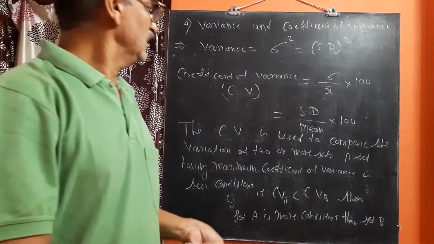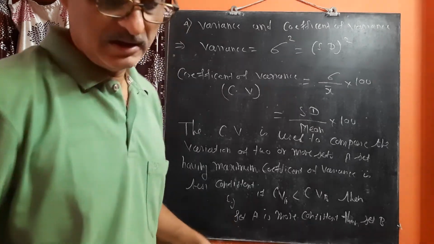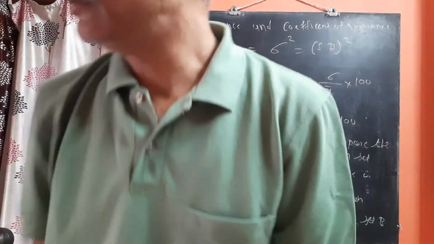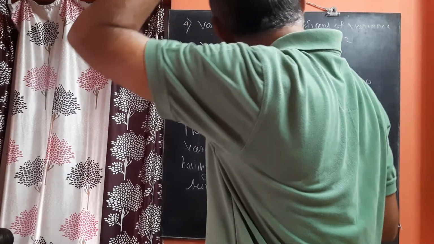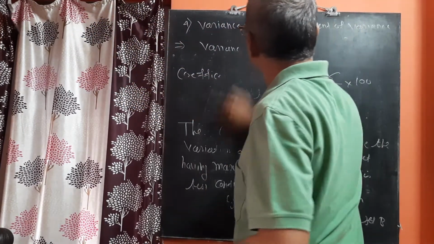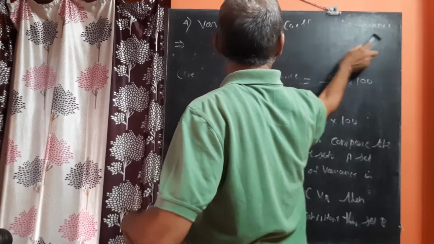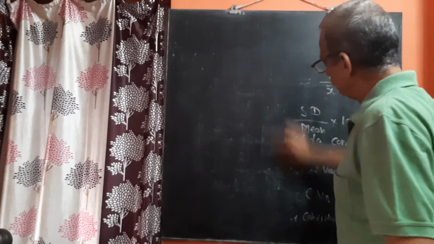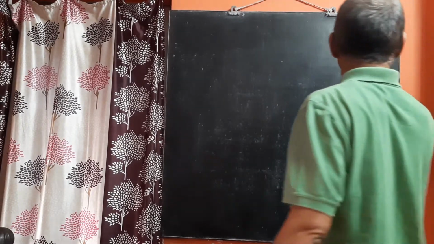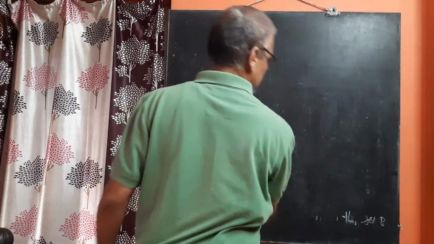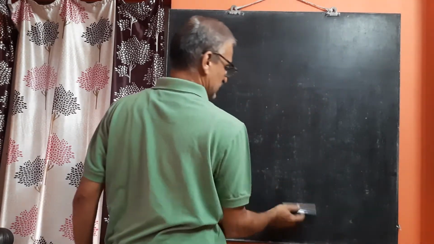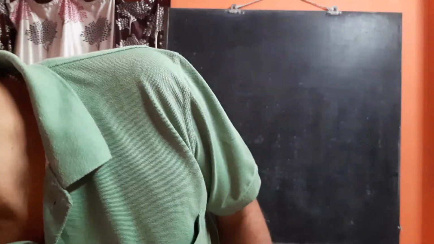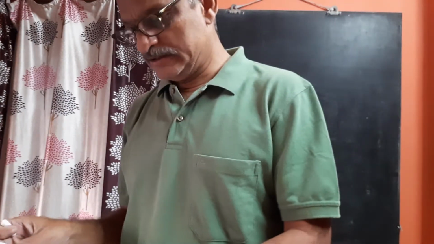Now we will solve one problem each on all types of data, that means on series, on ungrouped data, as well as on grouped data, on variance and coefficient of variance. Actually, we have done all these things. We have done the mean. Also, we have done the sigma. So I can say that it is the complete revision of how to find out the mean and the sigma. Let us solve the first problem.